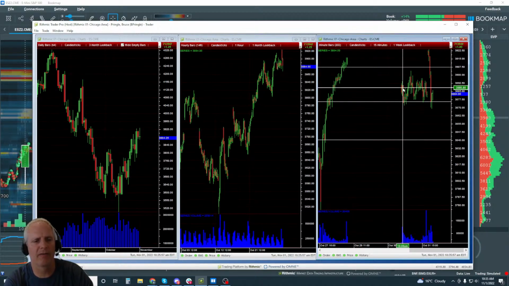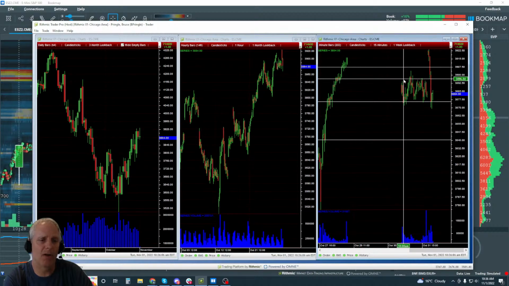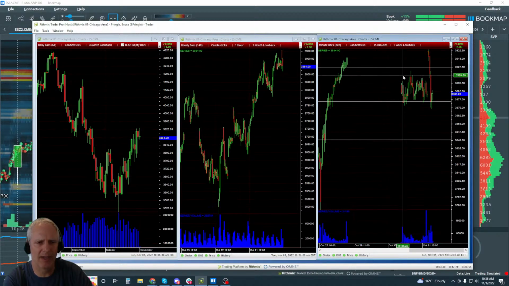Maybe you want to take some off there, or maybe you're still looking for that 90 level. That's where the high liquidity is, because we know it's a powerful move. Maybe it will come all the way back up into like 96 or maybe even 3,900, the figure up here, and retest this area here.